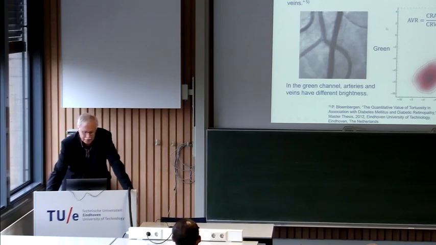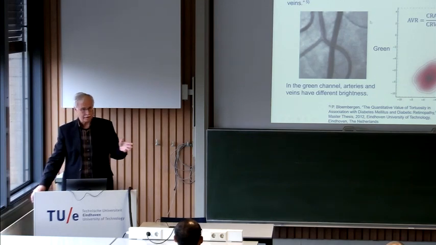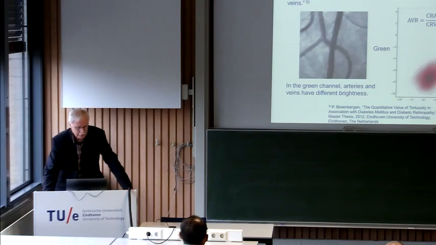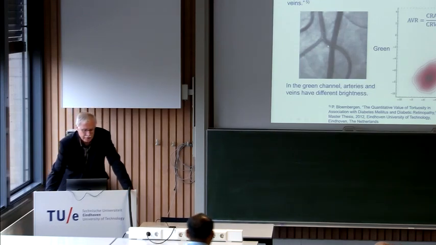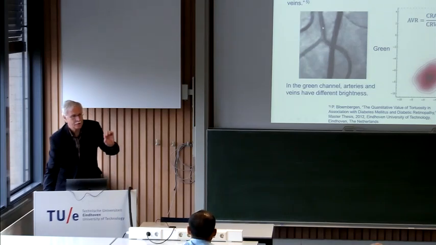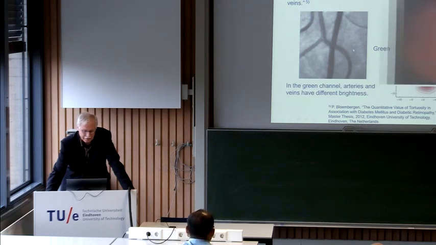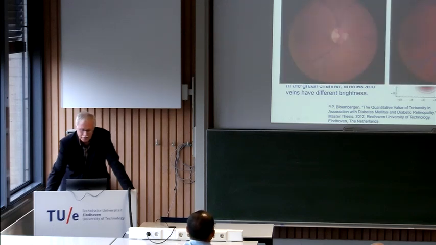We did several measures to find the arteries from the veins. The biggest change is, of course, color. We all know that oxygen-rich blood is light red, and blood with a lot of CO2 and less oxygen is dark. So the color is a very important thing. But arteries have, this is an artery. They are thinner, but they also have a reflection. So they look shiny. It's like they're a metal tube with chrome on it. So finally, we looked at lots of different properties of these vessels, and we could very nicely find these different measures. And now we can, in the workstation that Bedat, my postdoc, designed,